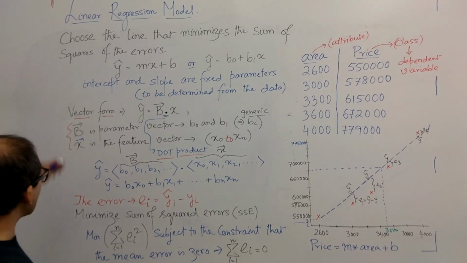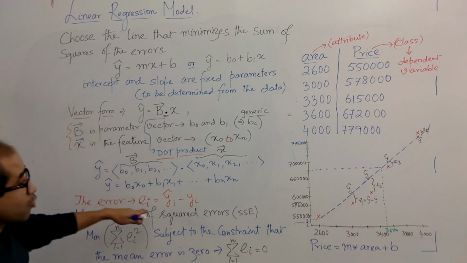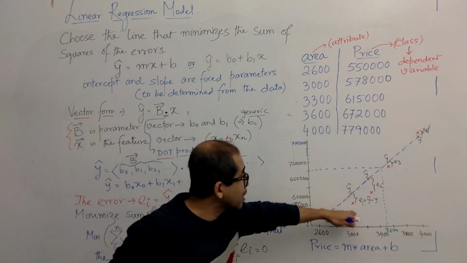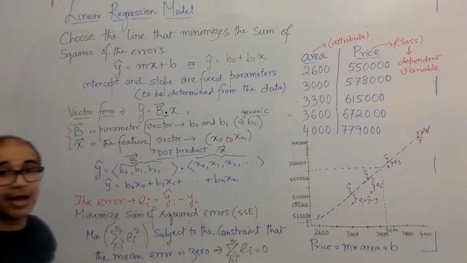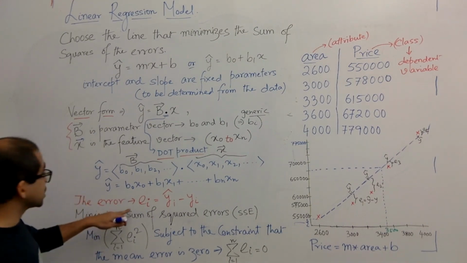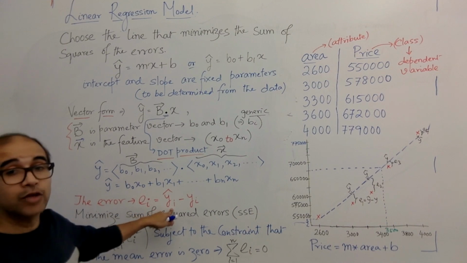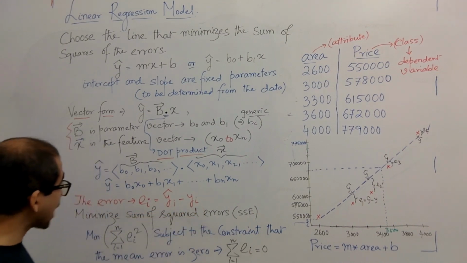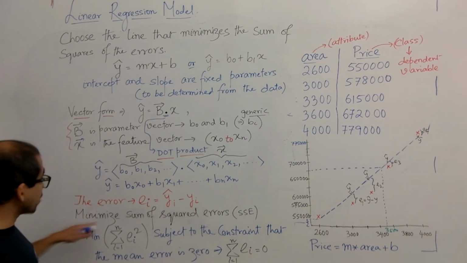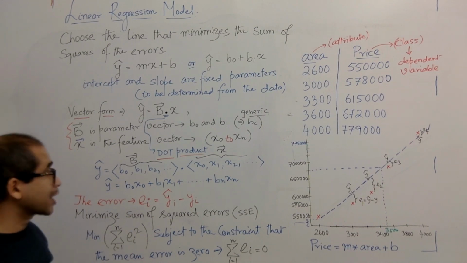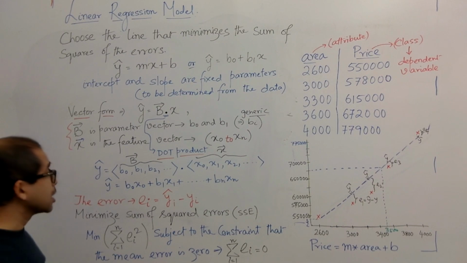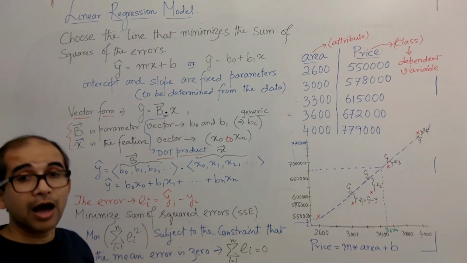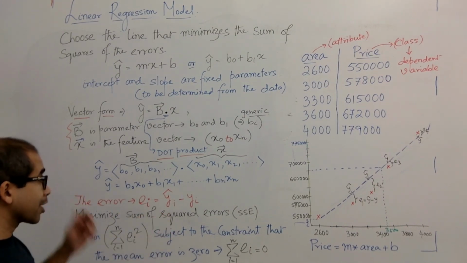Now coming back to the error, as I have already explained, the error is also called the residual. This is the difference between the predicted value and the actual value. We want to minimize the sum of the squared errors, also called SSE. This concept comes from the RMSE, or the root mean square error,